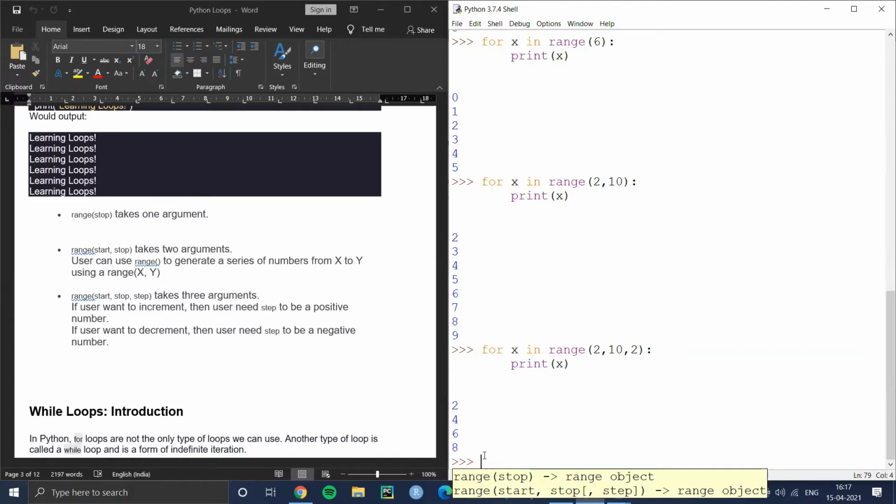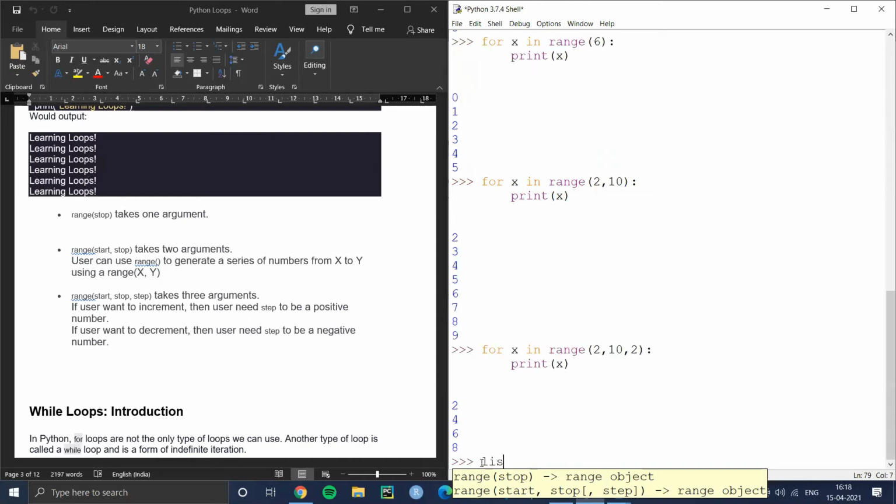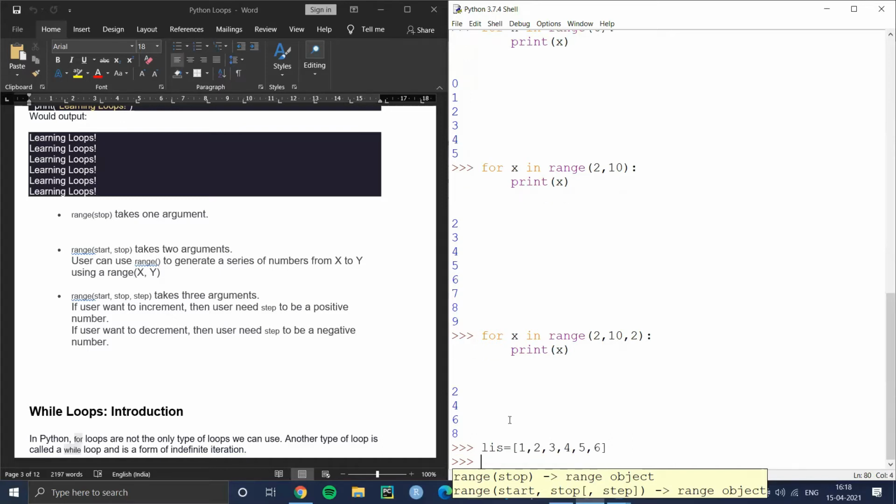Now, one more thing is, like there's a problem in HackerRank where they ask you, now you can see they are being printed line by line, okay, like 0, 1, 2, 3, 4, 5. So a HackerRank problem is they want you to print it in one line itself. I'll just declare one list, 1, 2, 3, 4, 5. And now I want to print elements in a single line. So that is the problem which in HackerRank they've asked.